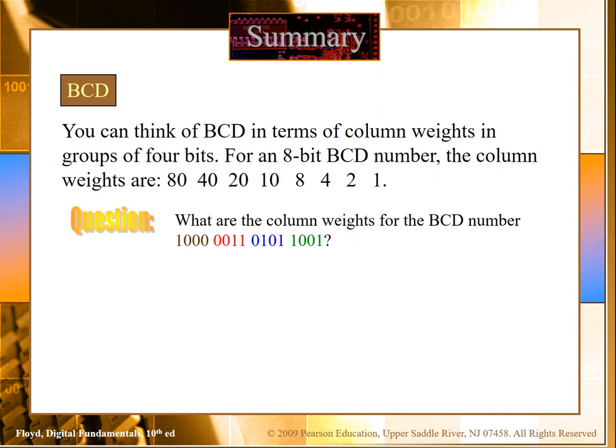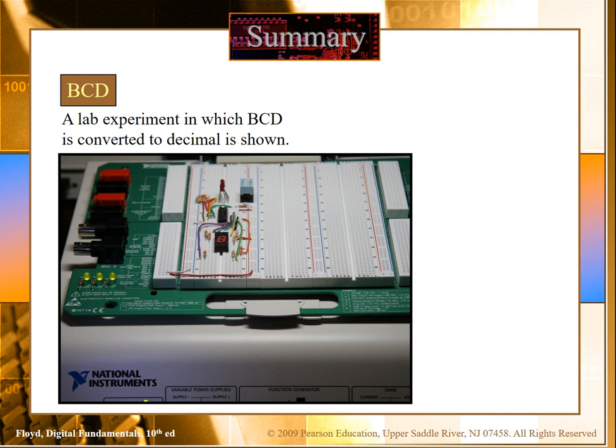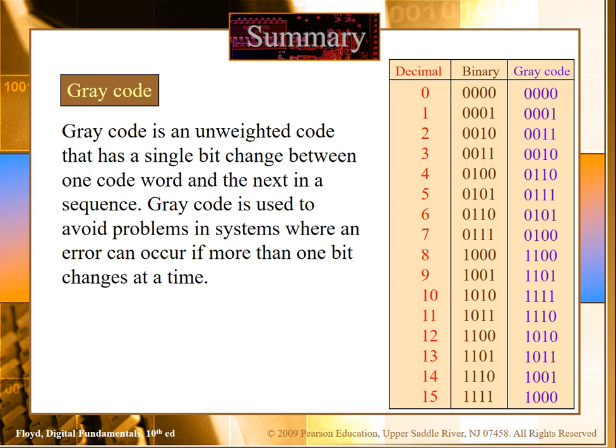Now we know that we are dealing with the binary system, and we have learned that even the switching of 1 bit can change the overall number which we are going to use. So there is another form of code which is called gray code. Gray code is basically an unweighted code. There is no weight system for this code. Gray code is based on there being only one change, a 1-bit change.